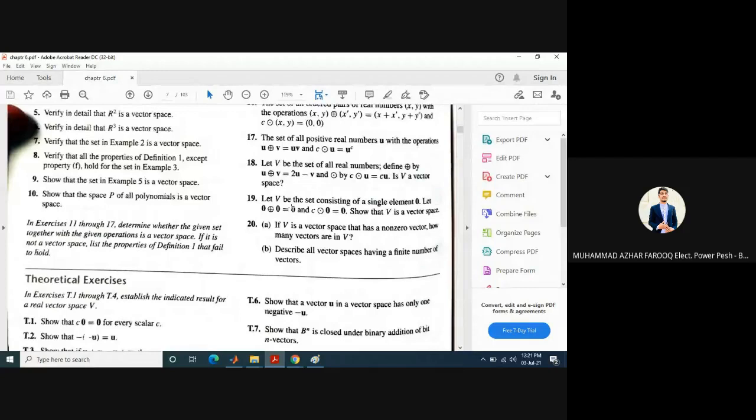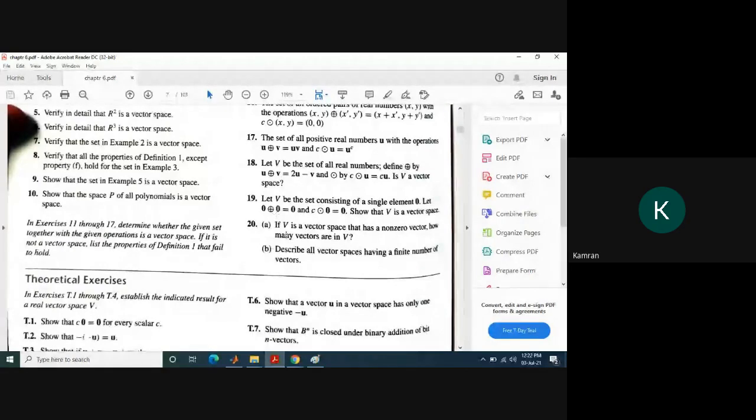सर, जीरो वेक्टर स्पेस के कंपोनेंट भी जीरो होंगे ना सर जी? हाँ, जीरो वेक्टर स्पेस में सिर्फ एक वेक्टर होगा, वो जीरो होगा, एक एलिमेंट है बस. तो जीरो को अपने आप के साथ ऐड करो, जीरो आएगा. जीरो को अपने आप से सब्ट्रैक्ट करो तो जीरो आएगा. जीरो का इनवर्स जीरो है, जीरो आइडेंटिटी भी है, एसोसिएटिव प्रॉपर्टी, कम्यूटेटिव प्रॉपर्टी सारे सेटिस्फाई करता है. So it is a vector space. ठीक है सर. ओके सर.